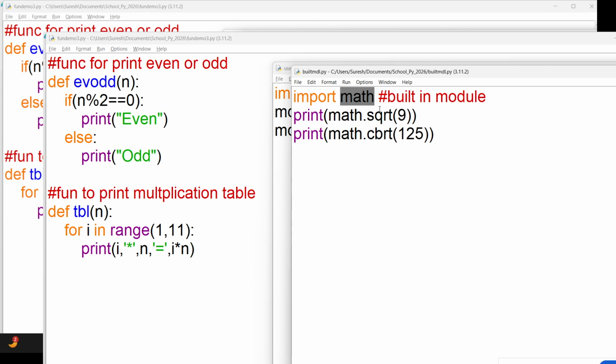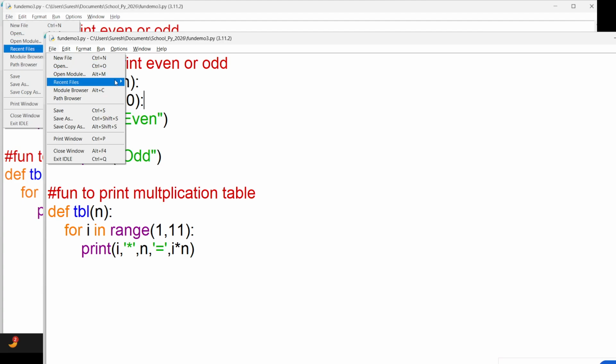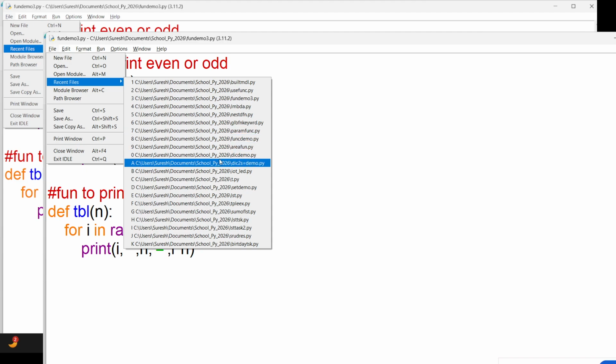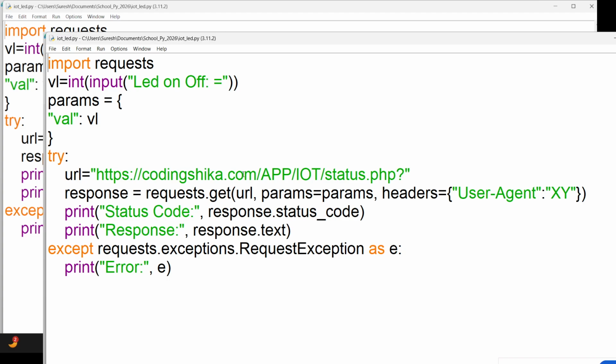And we are not creating a file, nor are we creating the functions, but we are just importing that file. And after importing that file, all the functions within that file are available for us to make use of. Okay. So this understanding is very important, because if I show you some of the programs that I have done, let me open one of them. See, this is one of the functions I have used to call an API. We are going to study this later.